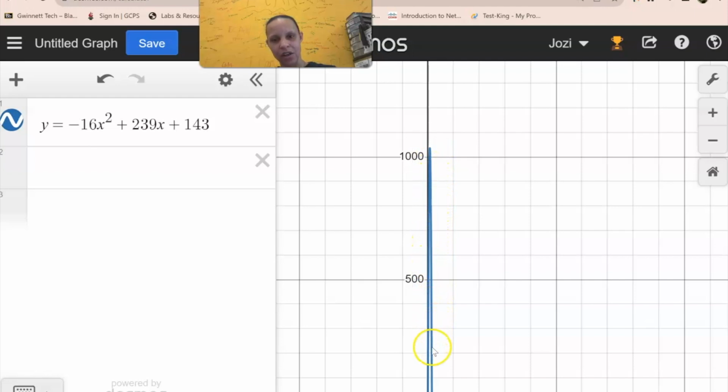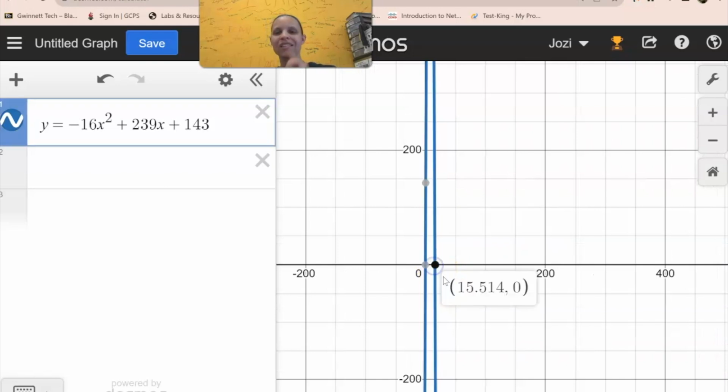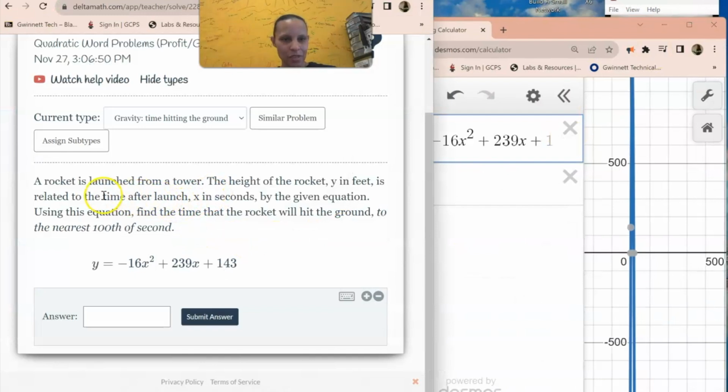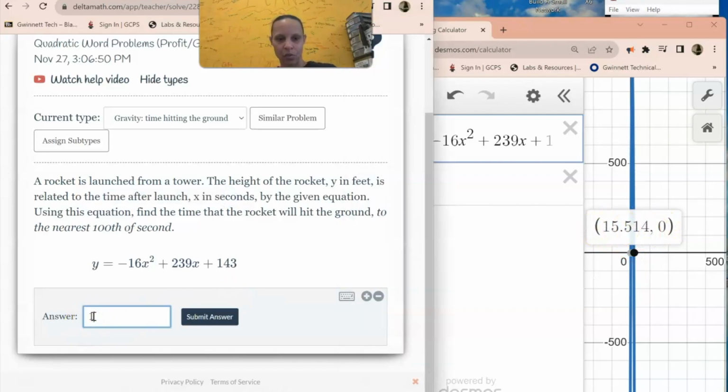So let's talk about that. When does it hit the ground? Right here. It hits the ground when it hits the ground, right? So the x-axis is the ground. And what's the time that it hits the ground? So remember, let me go find what time is. What's time? X. So when it hits the ground right here, what's my X value? So you just type it in,